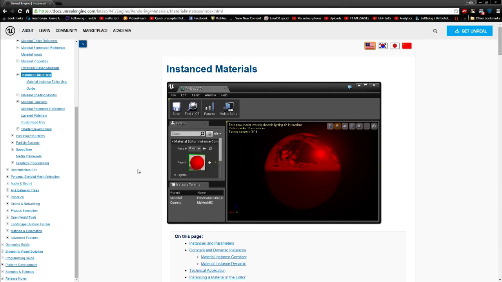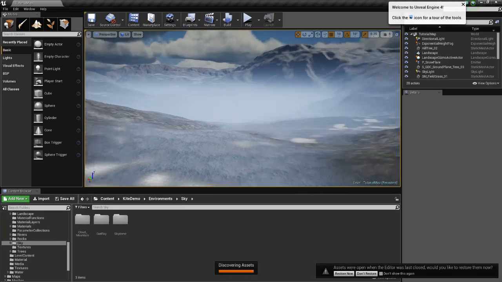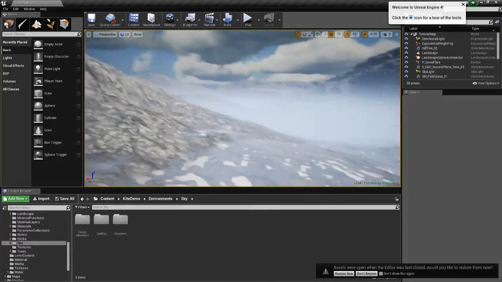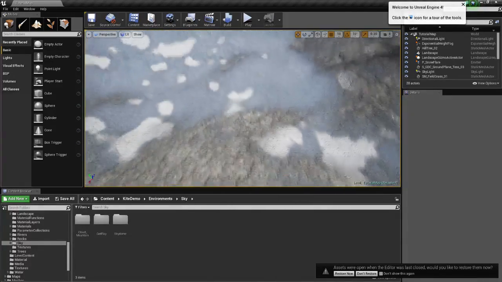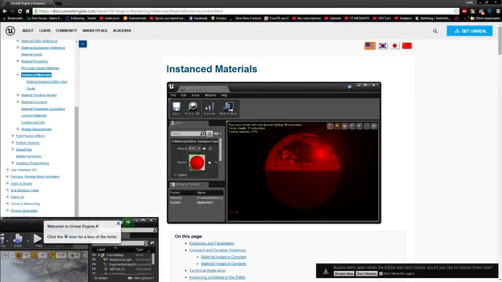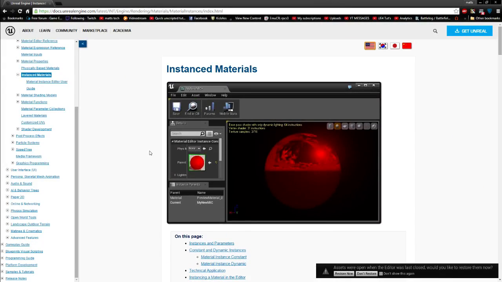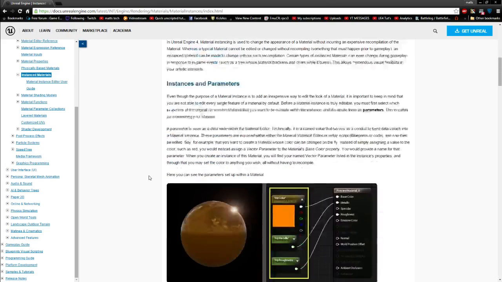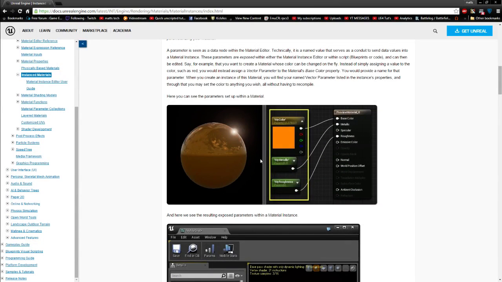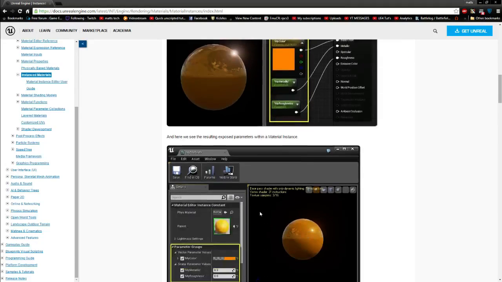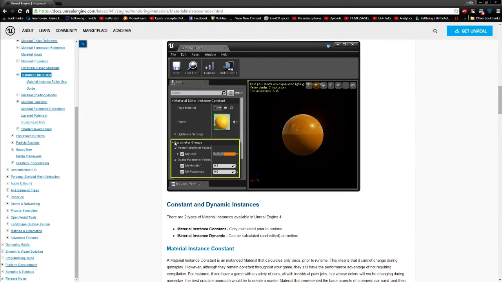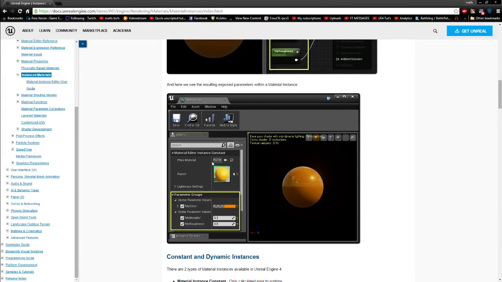Now, an instance material is a material that is, sorry about that, created from a material that you already have made. So you're allowed to do slight adjustments to that material using these little guys, the parameter nodes, and it allows you parameter groups, as you can see, to change certain groups of things. Now the main material will always be right there under parent, so you double click that to open,